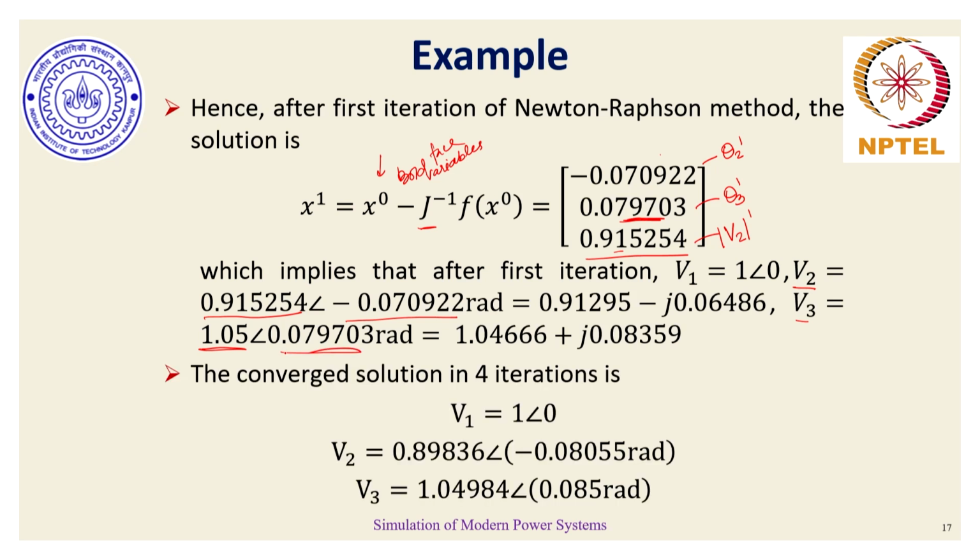We continue doing this, and at the end we see that the Newton-Raphson update converges in just 4 iterations compared to the 19 recursions of the Gauss-Seidel method, with the final solution as shown over here. This final solution is the exact same solution that we obtained in the Gauss-Seidel method also after 19 recursions. There is no change in the final solution, but the observation is that bus 3 doesn't remain a PV bus even at the final iteration, which was also true in the case of the Gauss-Seidel method.